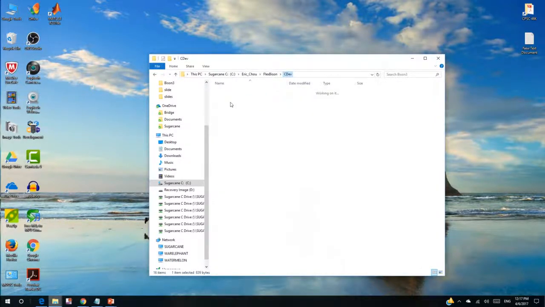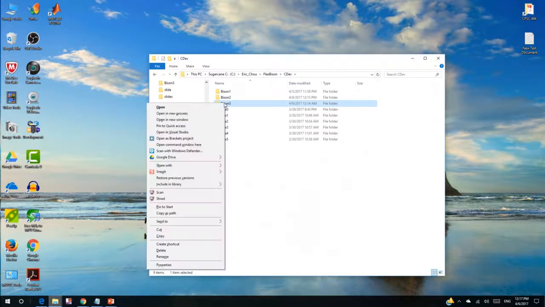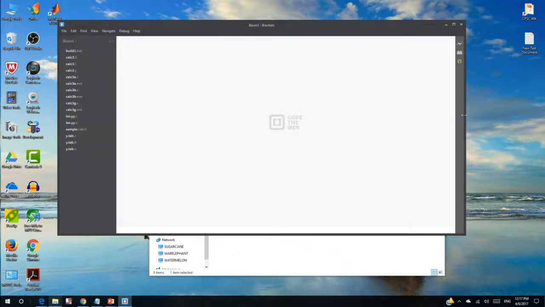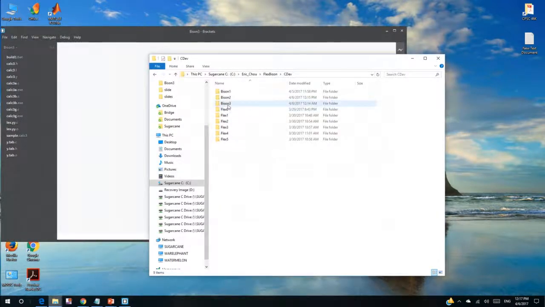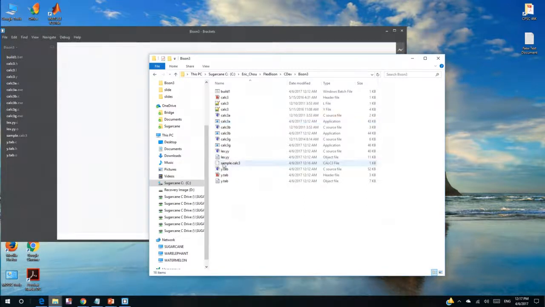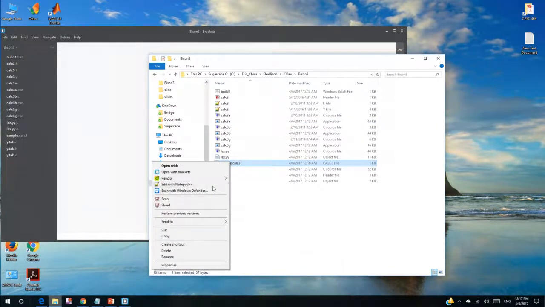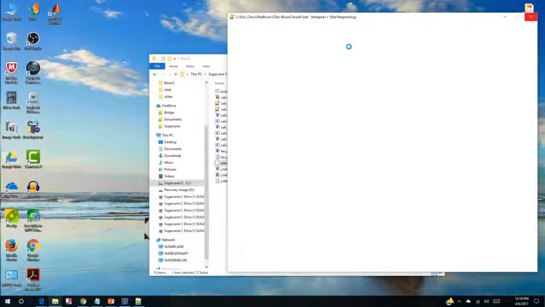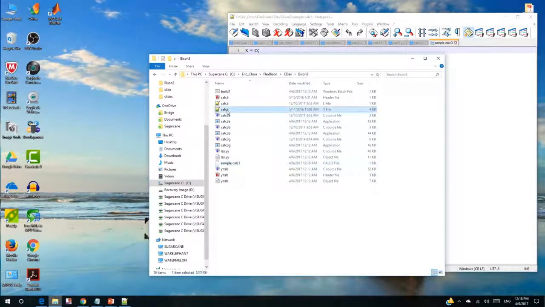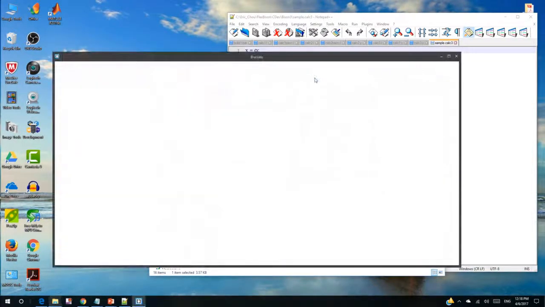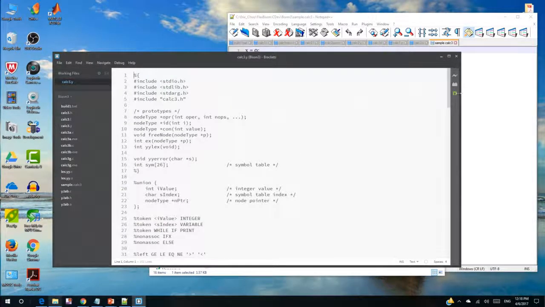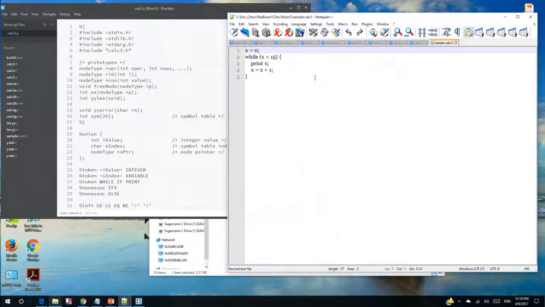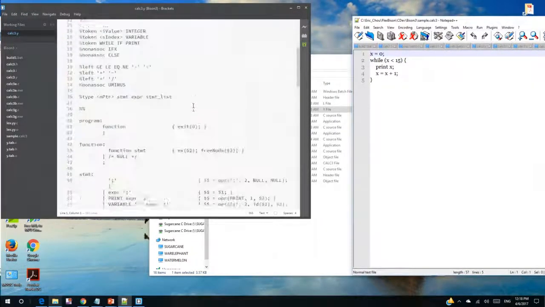So to run it, again, you go to the directory for Bison 3, shift right mouse click. So the Bison 3 folder is open. Now I go into Bison 3. I have a program called sample.calc3. I open with Notepad++. I open the wrong file. I should open calculator3.y. Okay, so that's the calculator3.y file. And I have this sample program written in the format that is supported by this language,